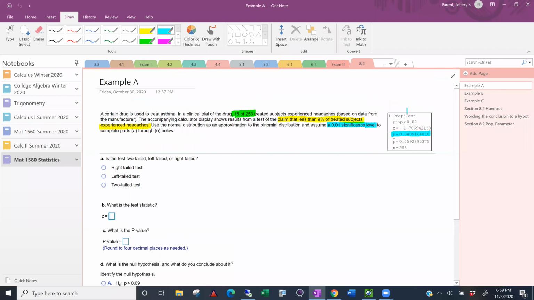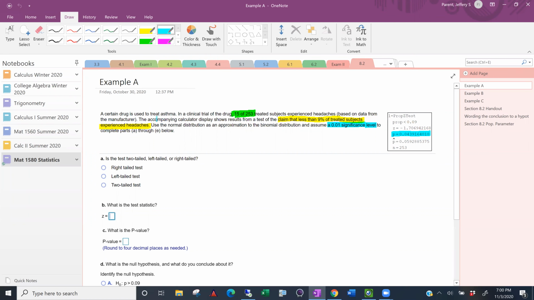Let's go all the way up here to the top, example A, and start with that one. So I think I'm going to perform this as a hypothesis test as opposed to going through all the things that are here. We'll take a look back and do some of these things as well. So